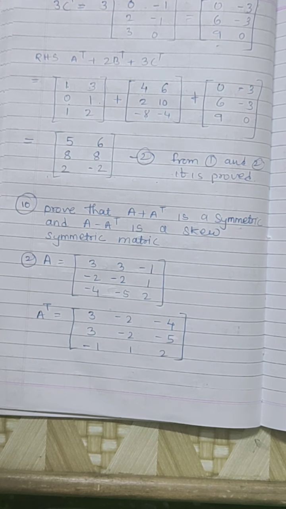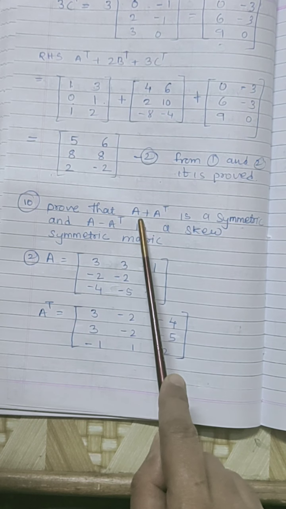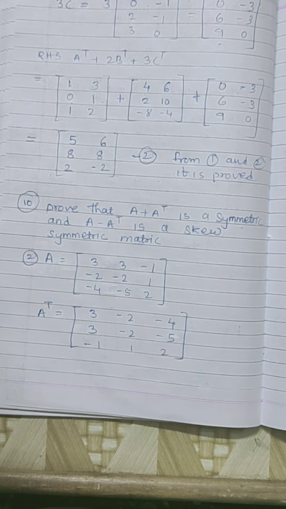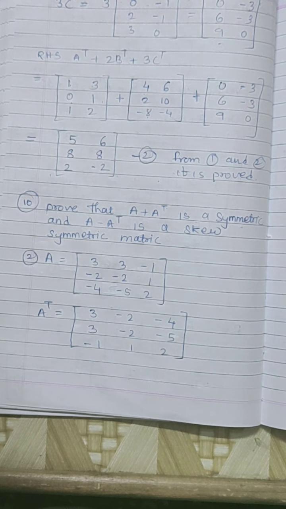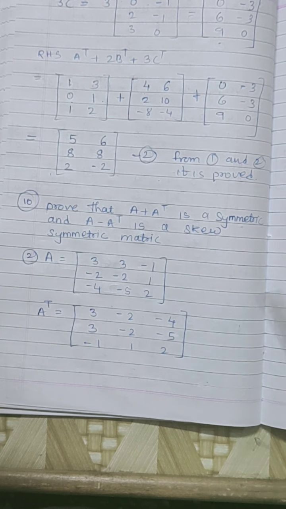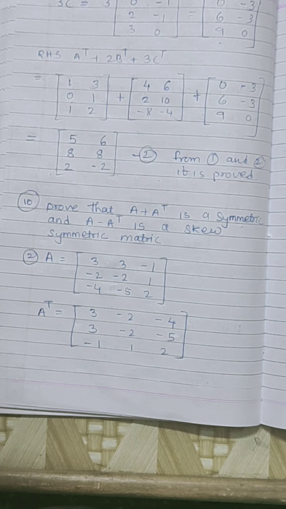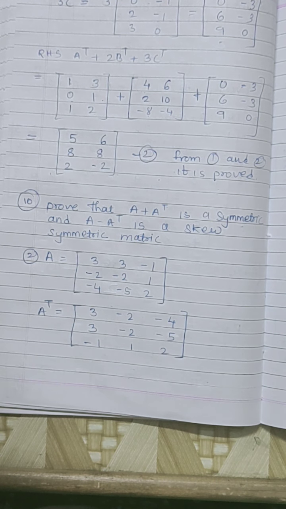Now see the tenth sum. Prove that A plus A transpose is symmetric and A minus A transpose is a skew symmetric matrix. In the tenth sum, I have changed the numbers because we will need it in the next sum. Same type of sum we will see. In the next sum,